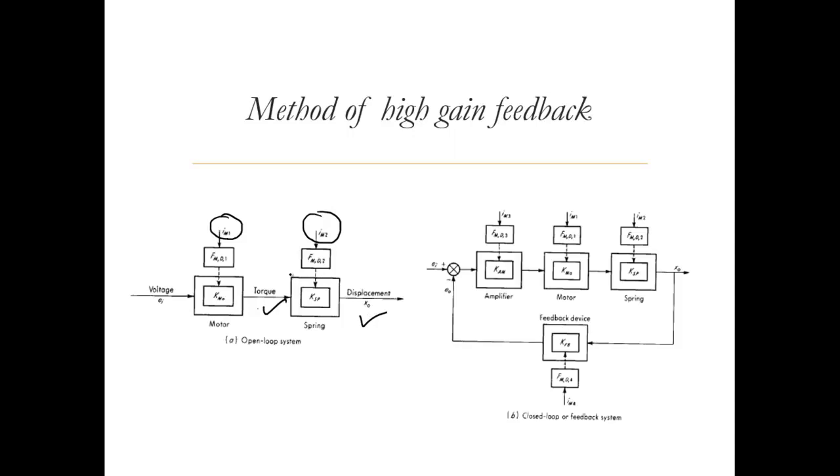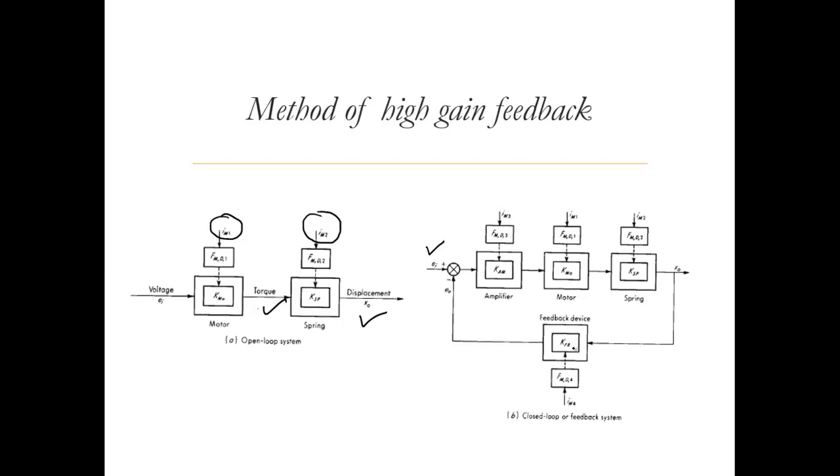So we may not actually get the correct value. But if we use something called a feedback device, where we measure the displacement of the spring and try to see that it is proportional to the applied voltage, which is what we desire. The feedback device could be something like a sensor, whereby we measure the output and feed it back, convert it to an analogous voltage, and compare it with the desired input. Accordingly we do something called closed loop control, and then we make it reach the same point as is desired by EI.